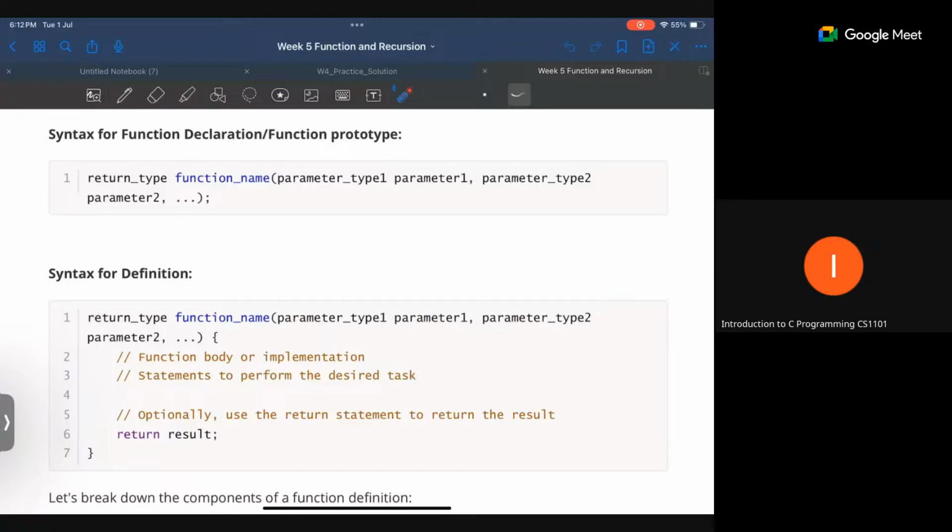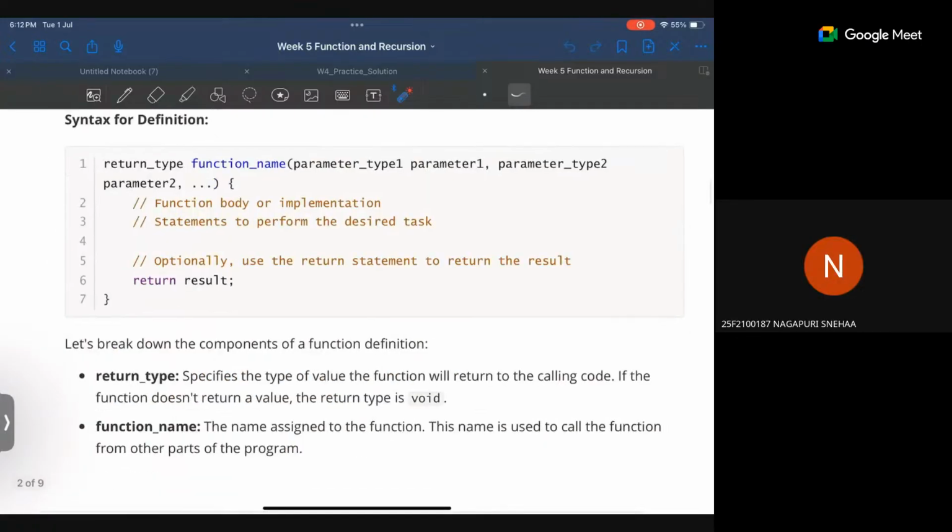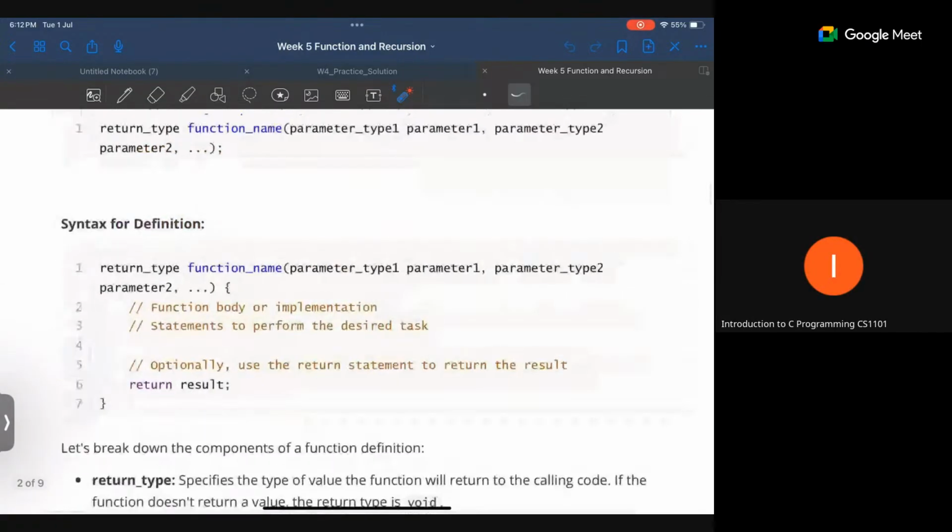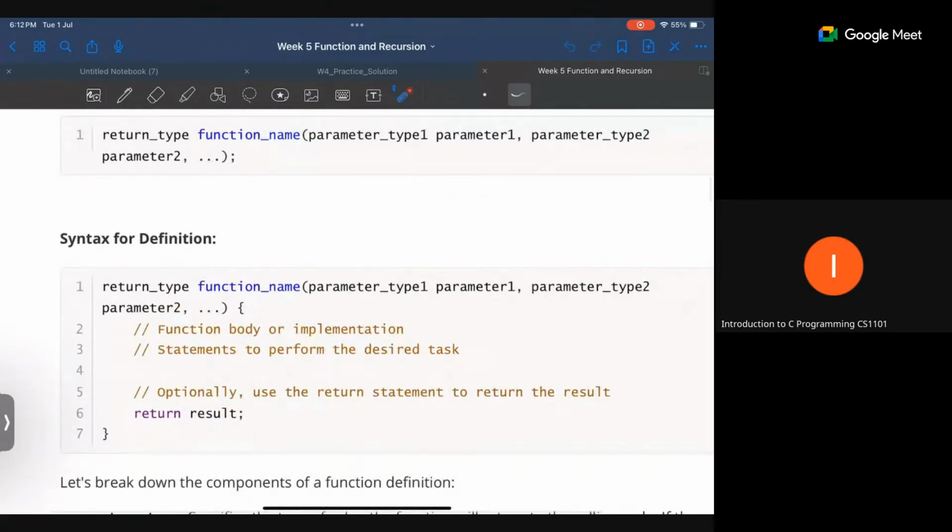Yes, people, have you all noted? Yes, ma'am. Okay. And whenever you're giving the function name, it has to be relevant to the operation, whatever you